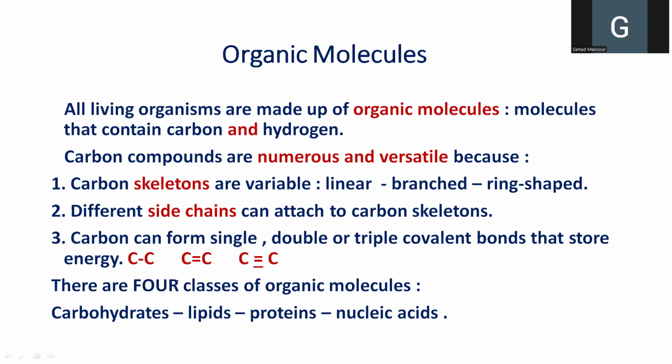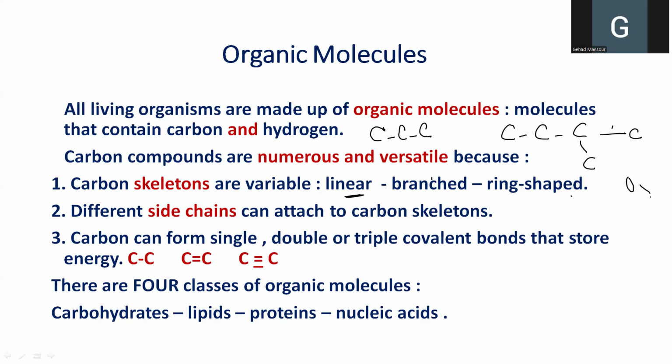The first one is that the skeleton of the organic molecule that contains carbon is variable. So it might be a linear molecule, or it might be branched, like in the case of amino acids, for example,